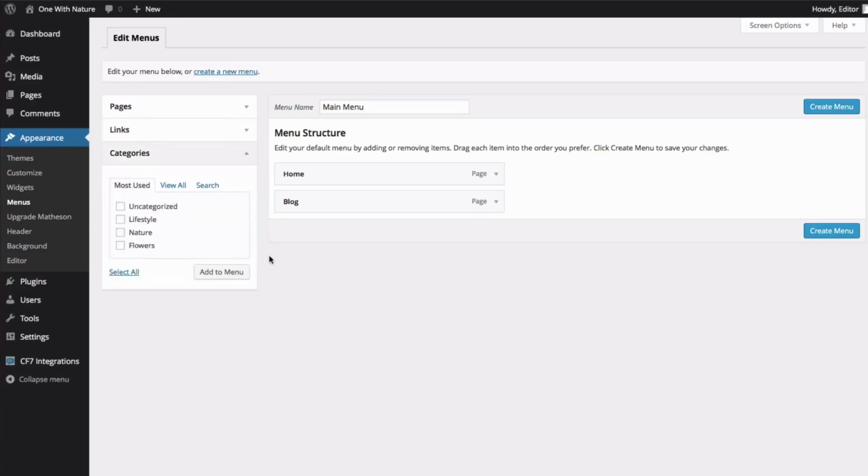Or you can also add categories from your site. For example, I have a lifestyle category, a nature category, and a flowers category. Let's go ahead and add lifestyle and flowers to my menu. Now I've got 4 items on my menu,